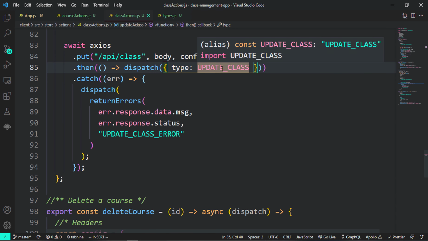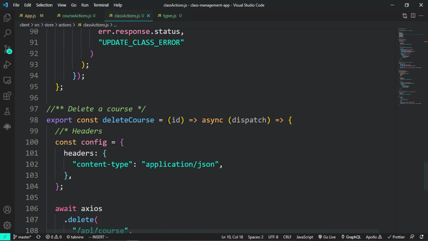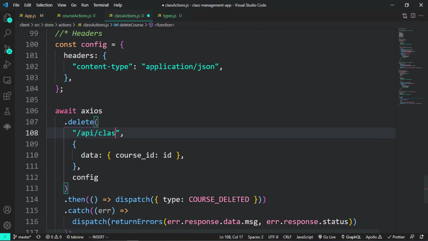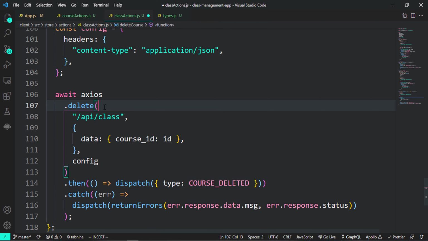Then for this one, we have it imported, but we have to remove update a course. Okay, update course is not there. Then lastly, we have to delete. Then we have to make a request to /delete. And when we want to delete a class, we have to delete with the ID. So instead of us to have, let me just quickly check this out. So we are deleting with the,